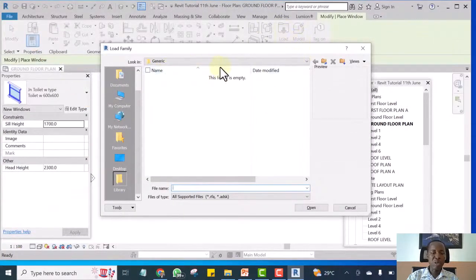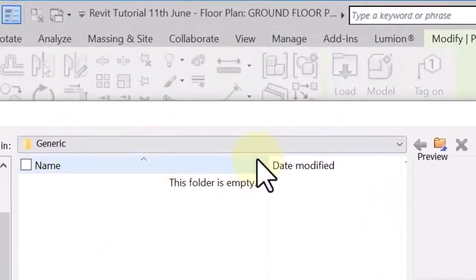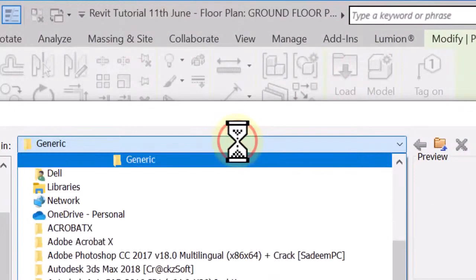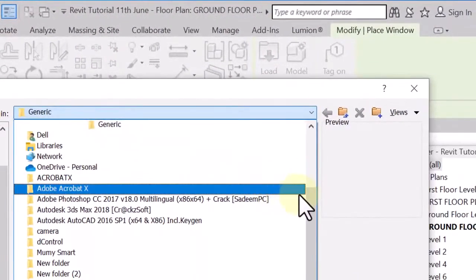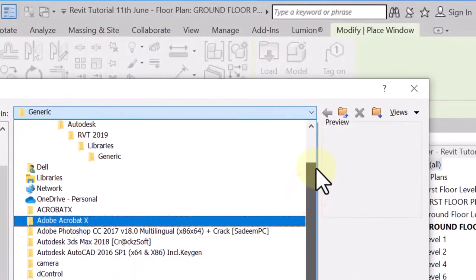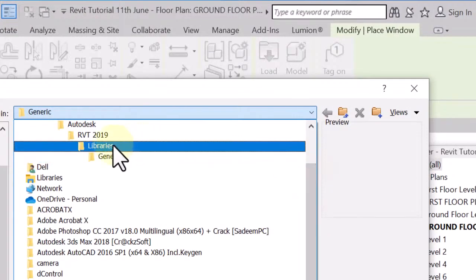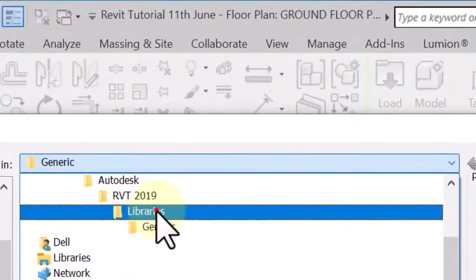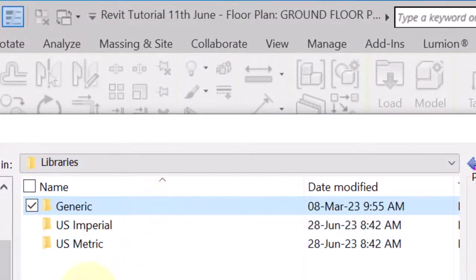Doing that, it will take you to your Revit folders, family folders. You click on this drop down and go up a little bit. You will now see libraries. Double click on that library and you will